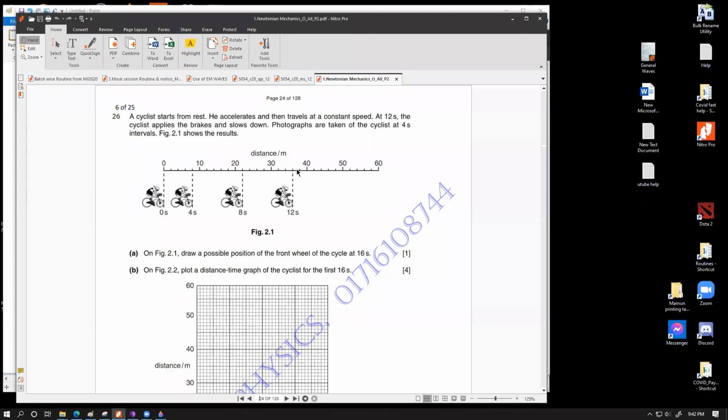Precisely. So you find out this is the 14 meter mark. So you just have to draw a mark anywhere earlier than this, because you don't know how much was the deceleration. But because it was a deceleration, he cannot cover more than 14. It should be definitely less than 14. So just give a mark less than 14 and you're good.